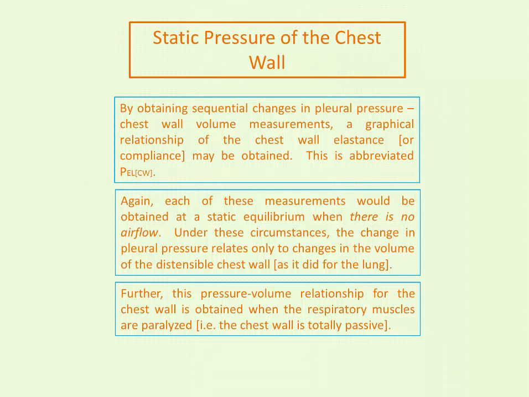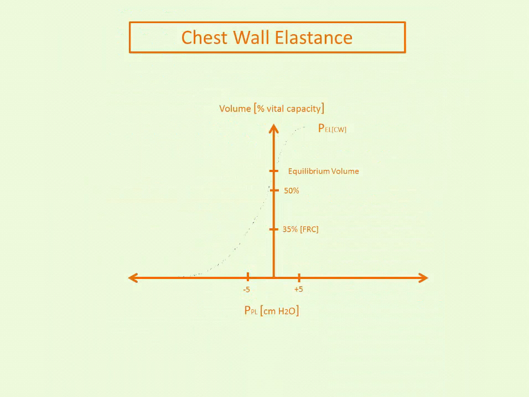And the pressure-volume relationship for the chest wall, as I mentioned, is done when the respiratory muscles are completely paralyzed. So this is a totally passive chest wall. So this is your chest wall elastance curve. You can see that it has somewhat of a different shape compared to the lung. The lung kind of was inverse in relationship to this. It moved up and to the left, whereas the chest wall elastance curve moves down and to the left, and